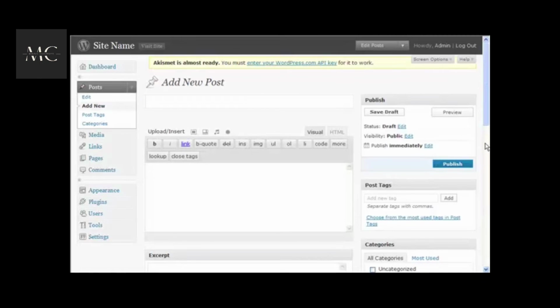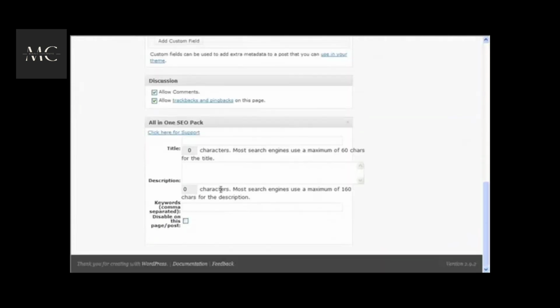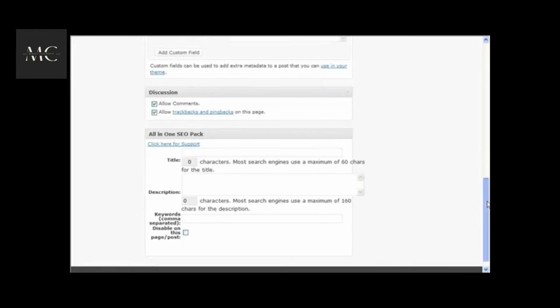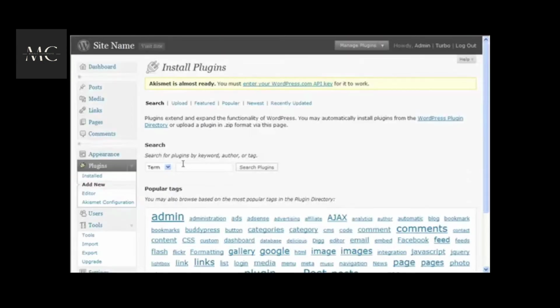Then when you go to posts and add new, if we scroll down, we will see that there's the all-in-one SEO pack is here. So here you can put a title, description and keywords specifically for that page, and that's going to help you significantly with your SEO. So if we go back to add new,